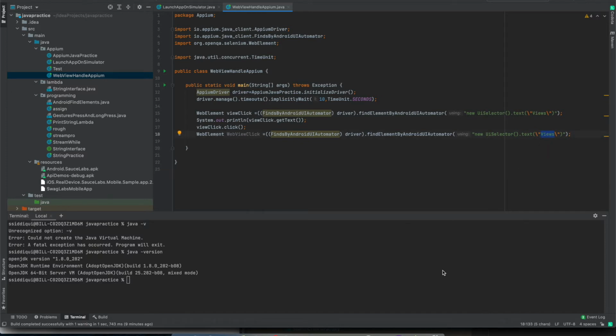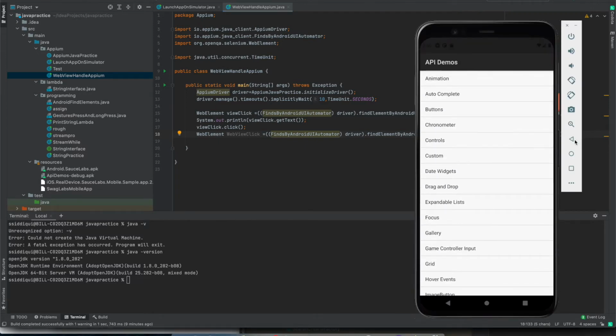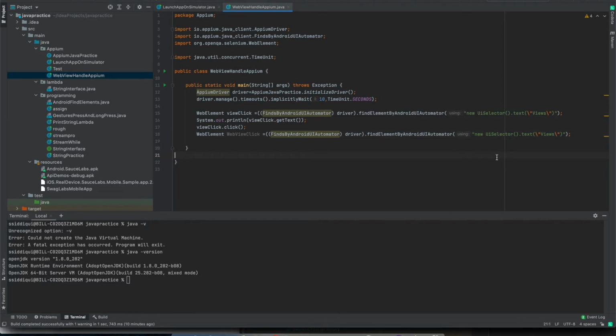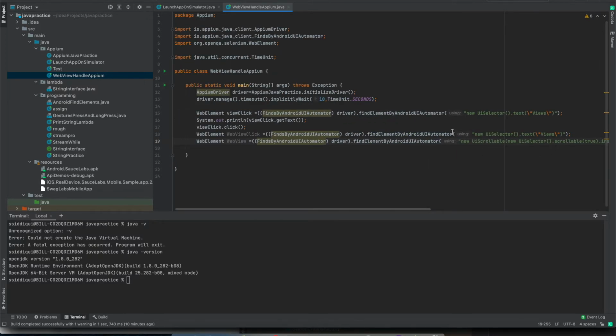So if we go here, it is not visible in one go. So if I go here and I click, I need to scroll a bit. So in UI Automator there is also one functionality which can be used to scroll till the element is visible. So for that I already have one piece of code written, so it's quite a big line, so I will just copy paste it and I will explain you what it is doing.